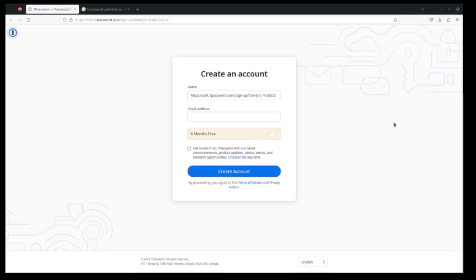Hello everybody, today I'm just going to show you how to get 6 months free. You have to join through this Family Link, right? So this is it. Then what you're going to do is type a username,